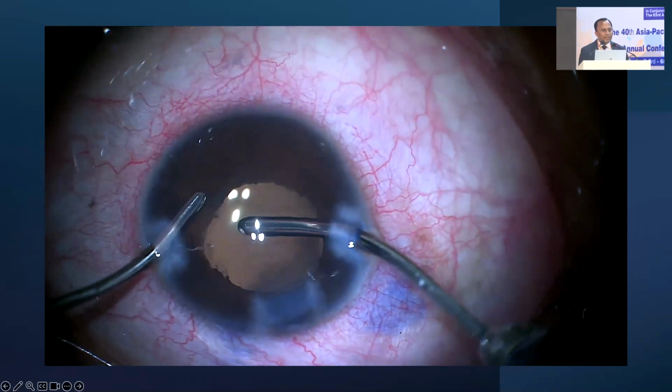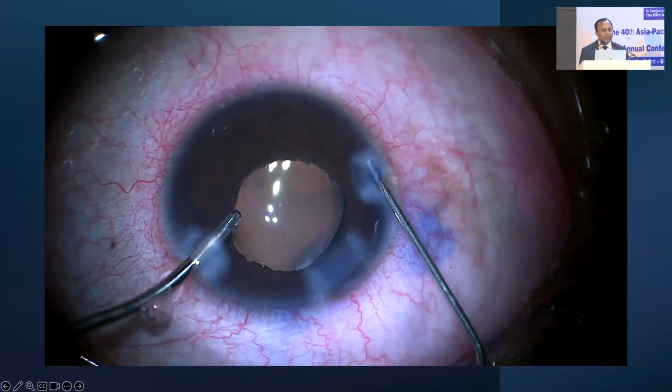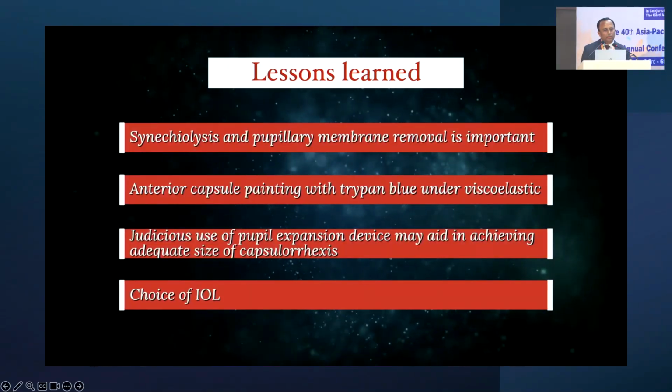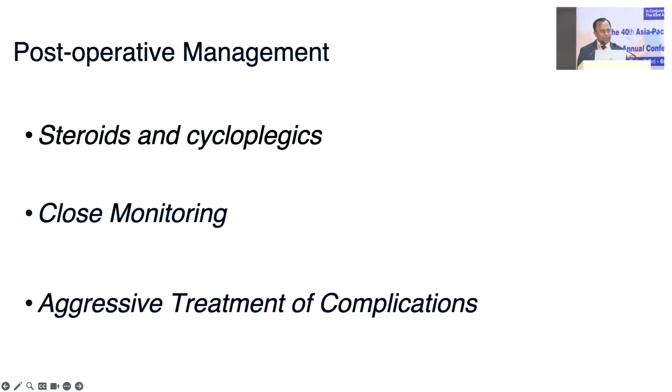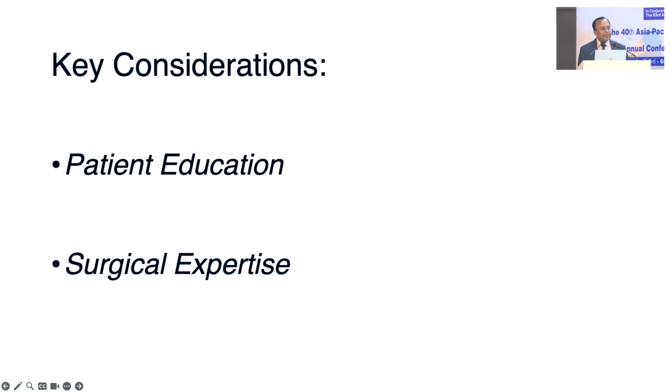We need to be very meticulous in cleaning up all the viscoelastics, because again, all these factors will lead to recurrence of these uveitis. Now, post-operatively, the steroids and cycloplegics would be the mainstay. We need to closely monitor these patients for further recurrences and complications, and aggressive treatment for complications is very important. The key considerations here would be patient education, and we need to make people understand that you need a